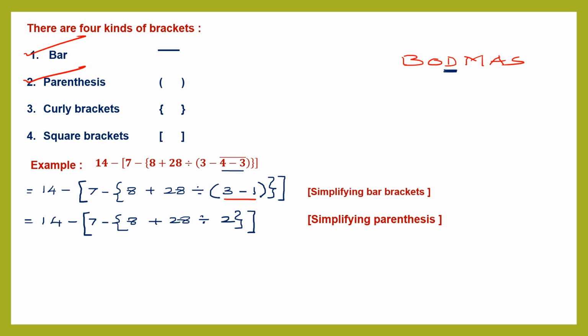So division means 28 divided by 2. This has to be done. That means we cannot remove the curly bracket till everything inside is done. So we're going to leave the curly bracket as it is. Let's write everything else in the next step. So 14 minus square bracket 7 minus, now we're going to retain the curly bracket because we have not finished doing everything inside. So 8 we write as it is, plus, now this one we can do 28 divided by